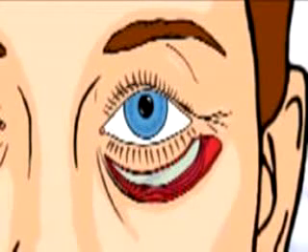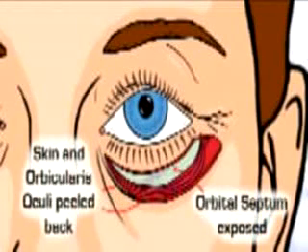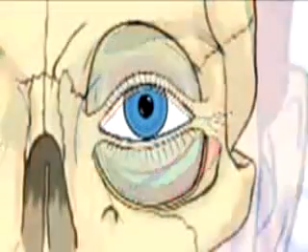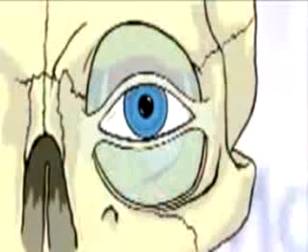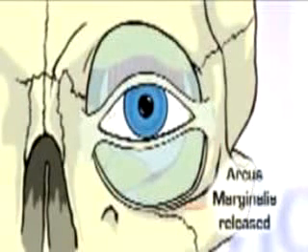This incision is then deepened through the orbicularis oculi muscle, and the orbicularis retaining ligament is freed. The orbital septum, the membrane which retains fat within the orbit, is exposed, including its bony attachment to the lower orbital rim, which is known as the arcus